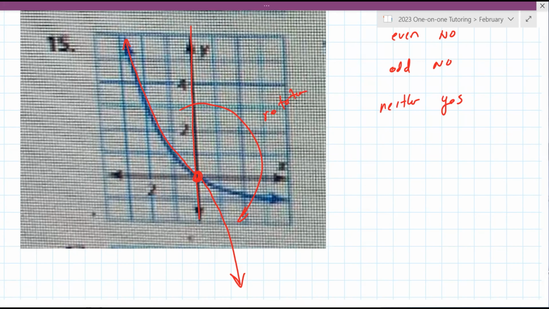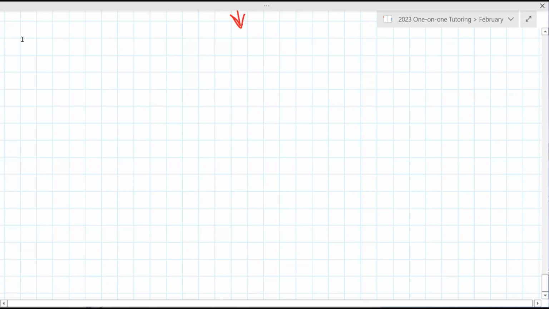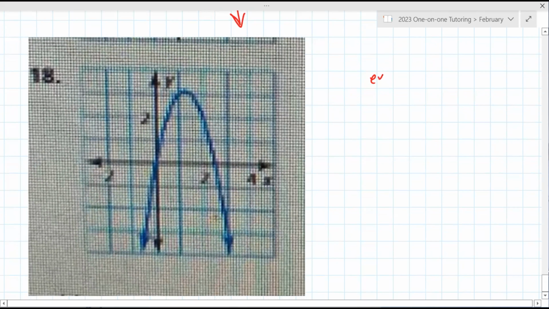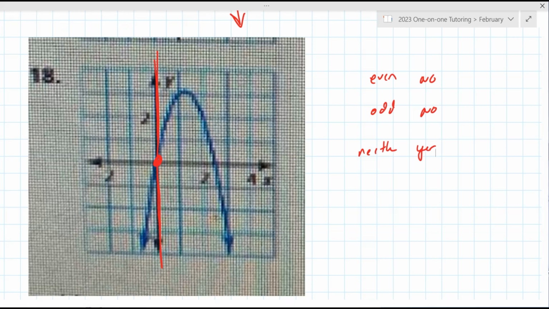Okay. Here's one that is again neither. And there's a reason I don't want you to guess, because you've got to get this down. I don't want you to be unsure. So again, is it mirrored over that line right there? It's the same on the left as the right. No. So then we go to odd, and you draw a point there. No. And again, it's no, so therefore it must be neither. Now the reason you're learning this is you can use these symmetries throughout a lot of math,